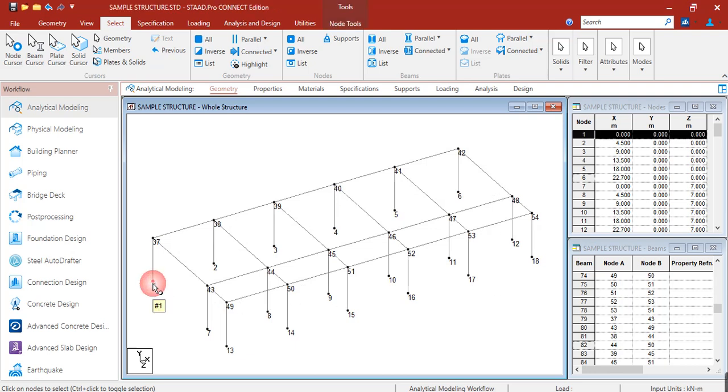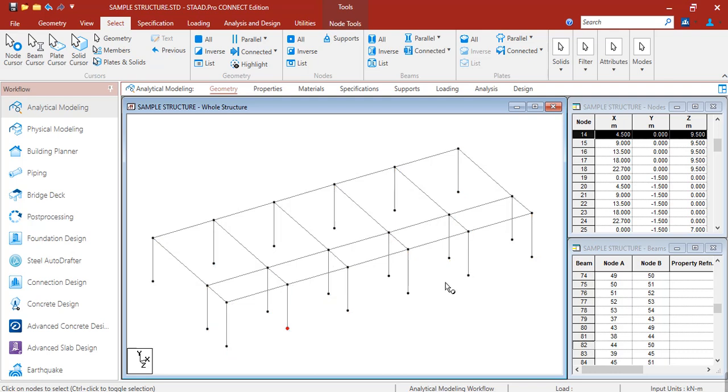As you can see, this is your node 1, node 7, node 13, node 14, without needing to click it individually. So just click Shift N. If you want to remove the node numbers, again click Shift N.